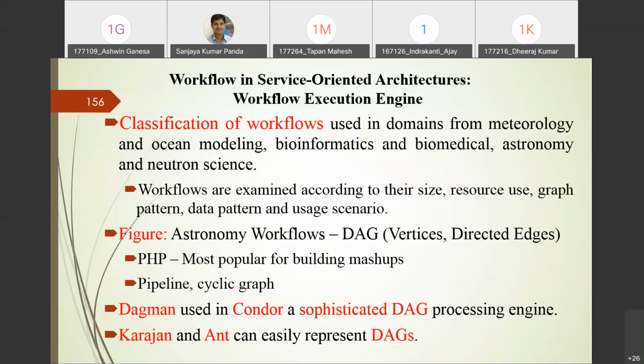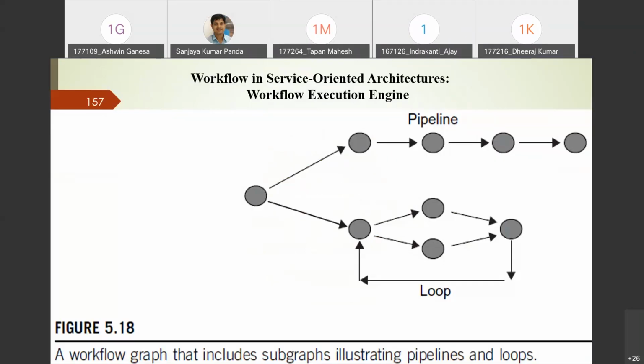It is important to note that most sophisticated workflow systems support hierarchical specifications. Hierarchical specifications means the nodes of the workflow can be either services or a collection of services. Each and every node may represent a component or a group of components, right? Like if you remember in CloudAnalyst, while you are deploying, a user base may be a single request or a group of user requests. So this is the workflow graph. You can see where the pipeline is present as well as a loop.